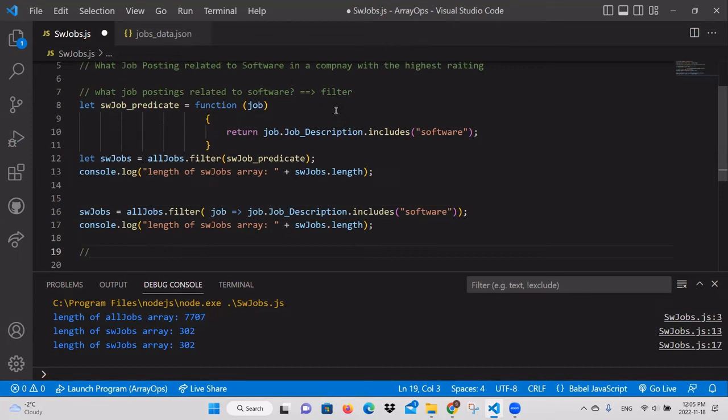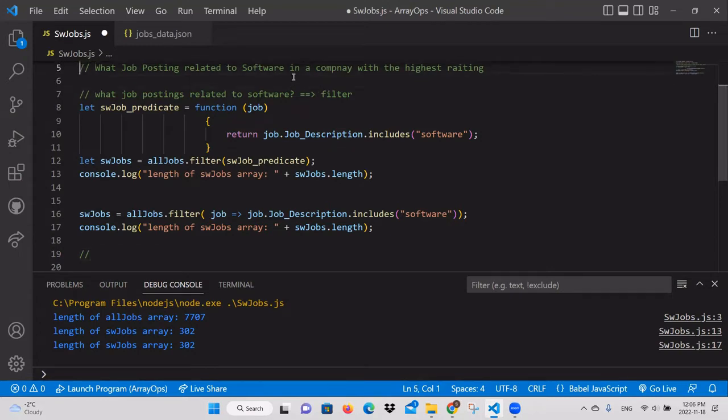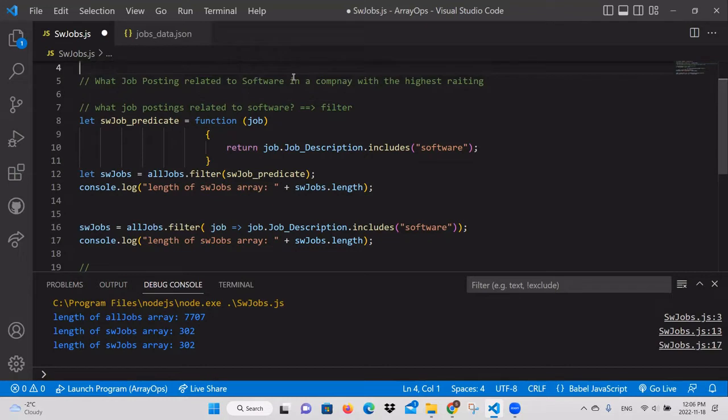But the original question has some more to it. So we only provided a partial answer now. The second part of the question is that the company has to have the highest rating. Okay, so highest rating,